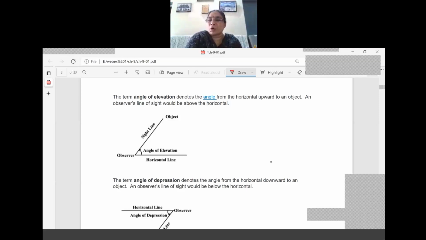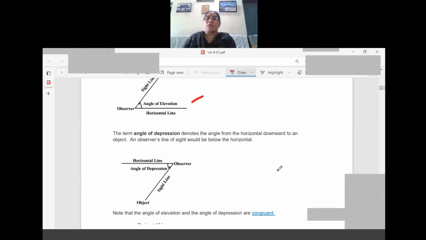Now in one case the observer is at ground level, in another case the observer is at the top level, right? That is the change here. According to that, the object will change. So in the case of angle of elevation, the observer is at ground level and the object is in the sky or somewhere else at the top. So we have to draw the line of sight first, and the horizontal line. The angle they make is called the angle of elevation.